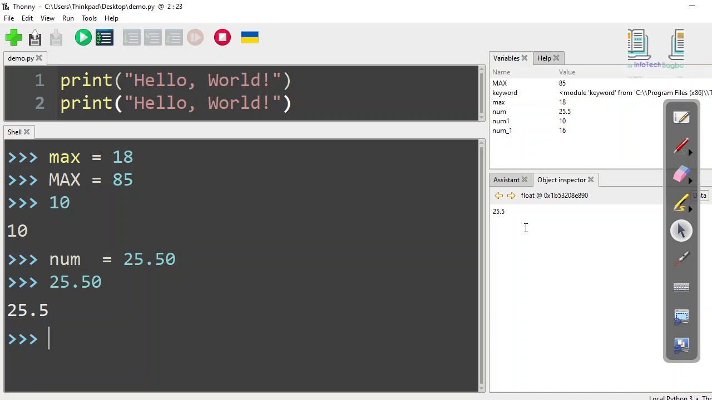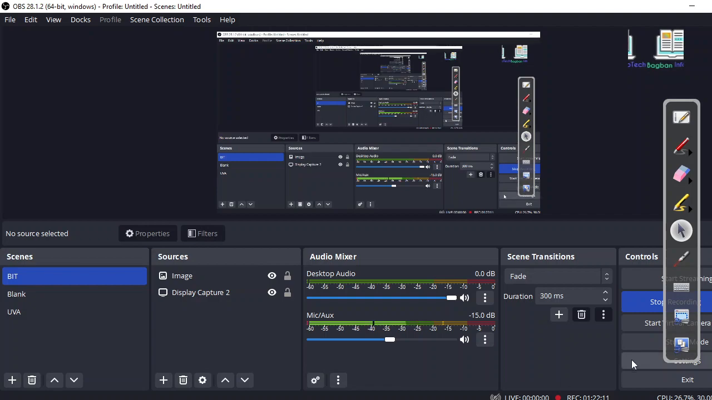In tomorrow's class we will discuss what variables are and what data types we have. So if you have any question,